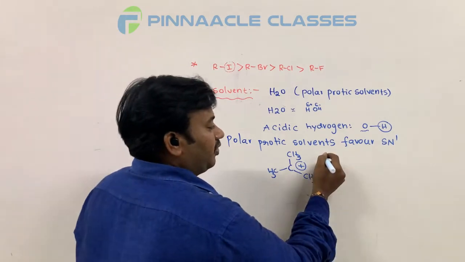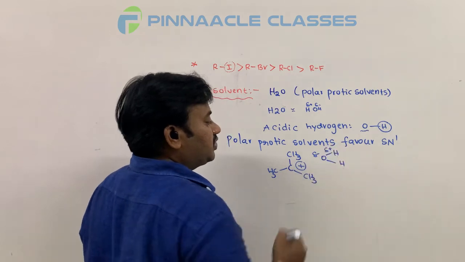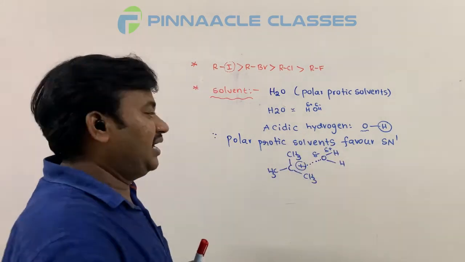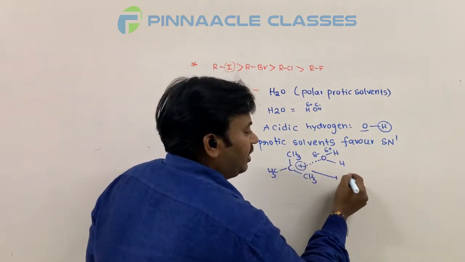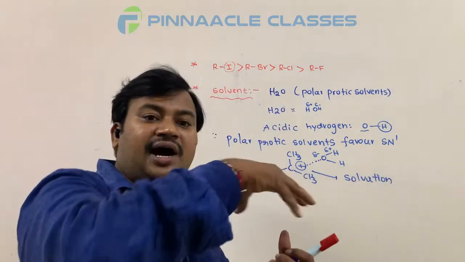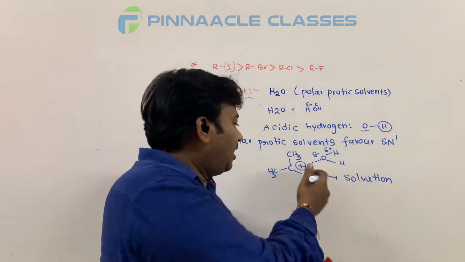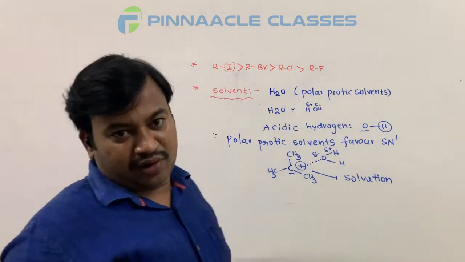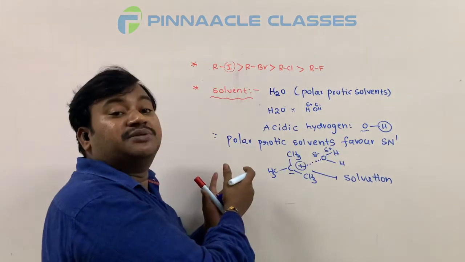When I am taking a polar protic solvent, it has partial negative and partial positive charge, so there exists some dipole-dipole attraction force. Then the water molecules surround the carbocation and make it stable. This is meant by solvation. The water molecules surround the carbocation by donating lone pair or dipole-dipole attraction, the charge on carbon decreases and this enhances the stability of the carbocation. In every way, if the intermediate is more stable, the reaction is correspondingly more reactive.